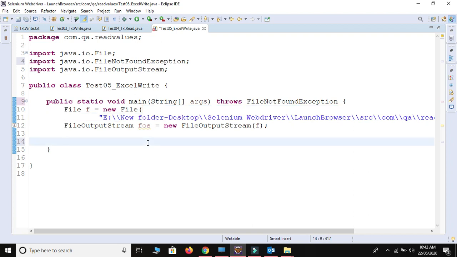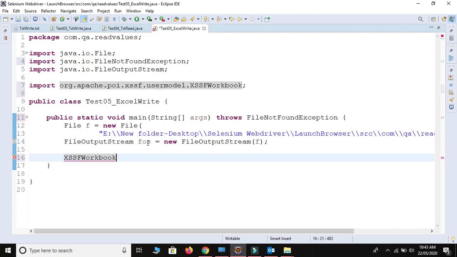So we use XSSFWorkbook. I will show you, it comes from the Apache POI jar files. See guys, this is the location, org.apache.poi.xssf.usermodel.XSSFWorkbook.